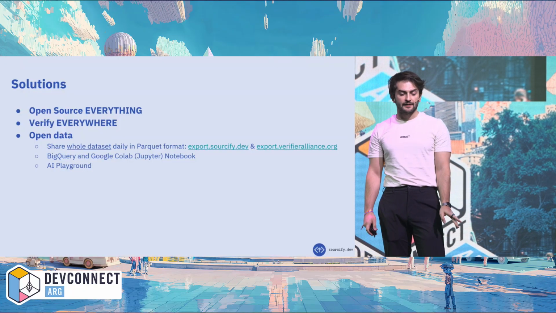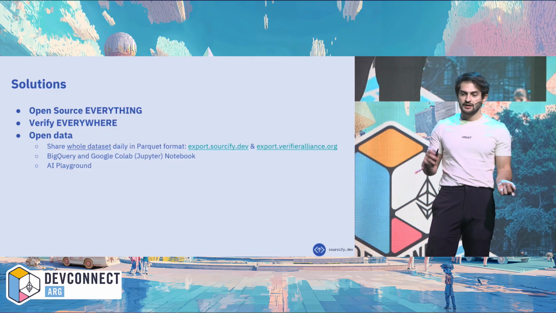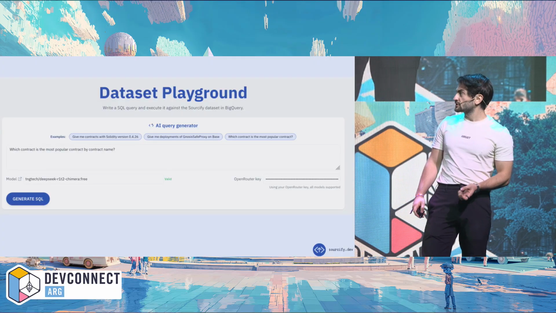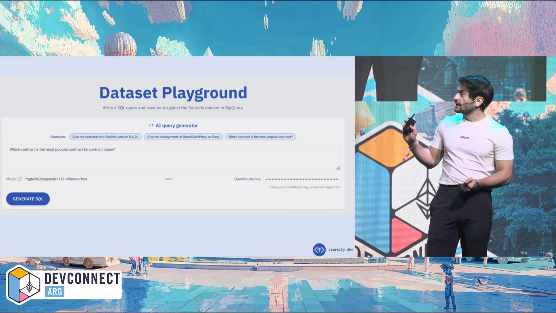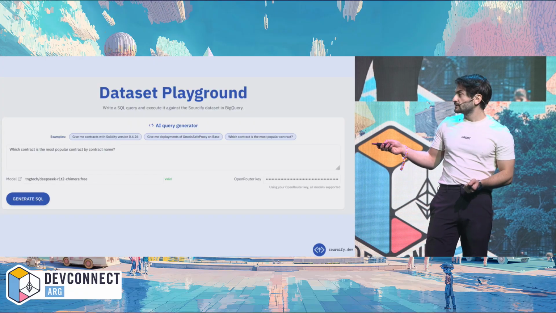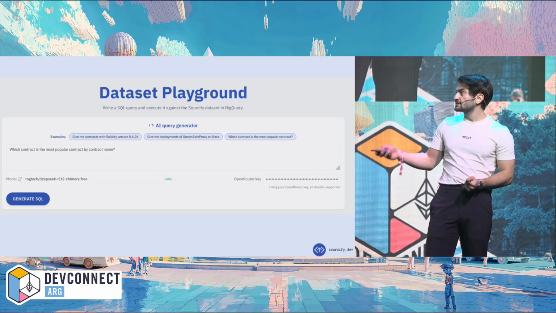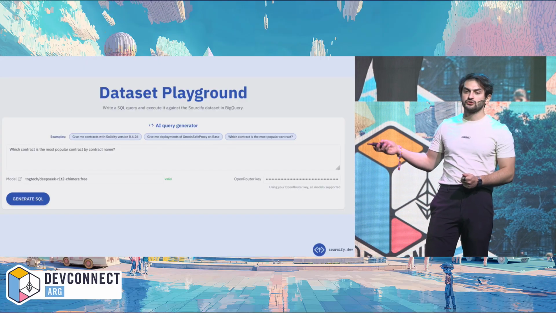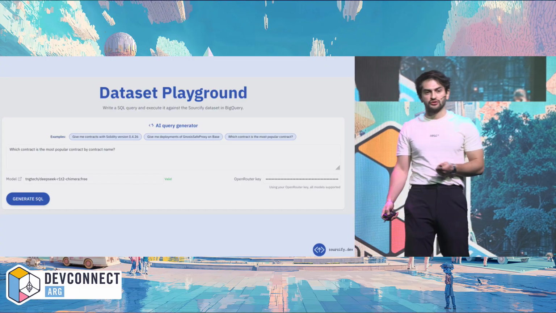We also have a nice AI playground to showcase what you can do with this data. If you go to our website at Sourcify Dev, you will see this data playground. And here you can talk to an LLM, using free models from OpenRouter. And you can say, for example, give me contracts with Solidity version 0.4.26, or which contract is the most popular contract in the Sourcify datasets.